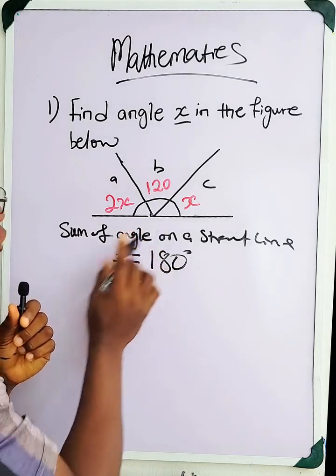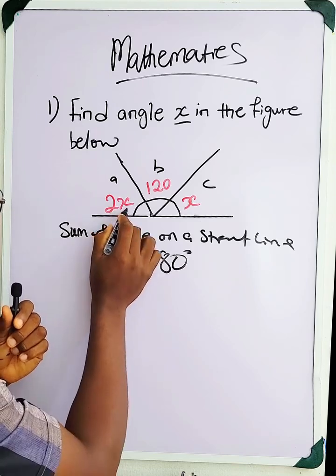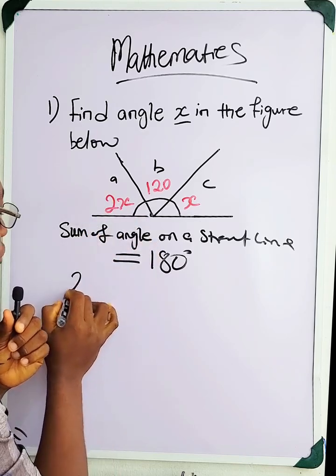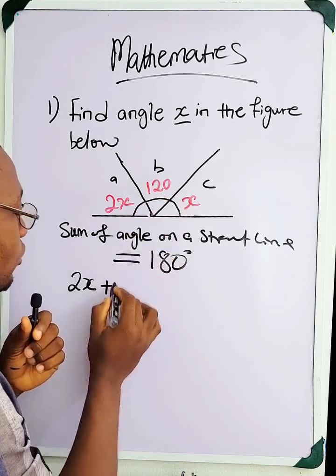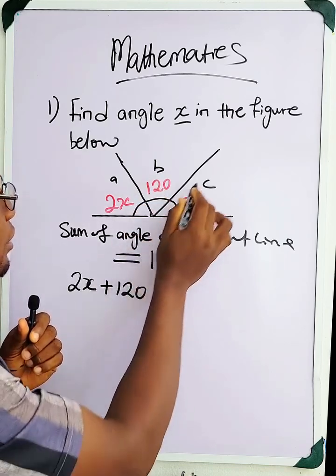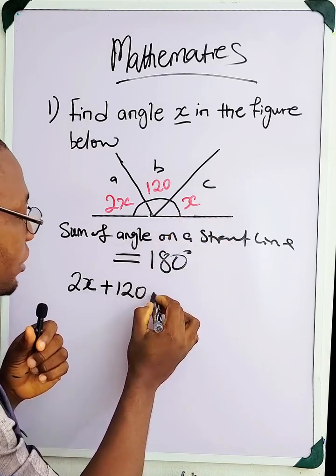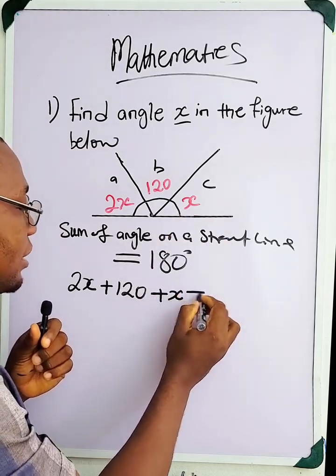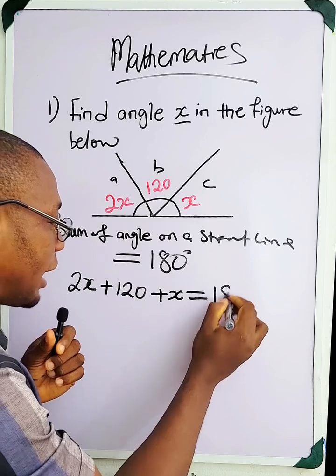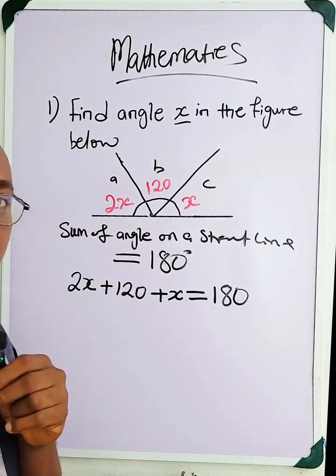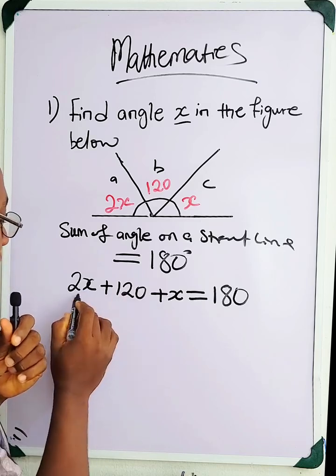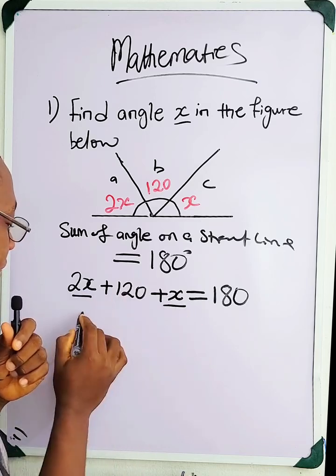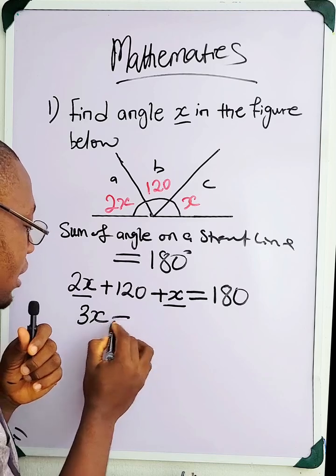So what we now have is angle A, 2x, plus angle B, 120, plus angle C, which is what? x, equals 180. All right. Collecting like terms, 2x plus x gives you what? 3x equals